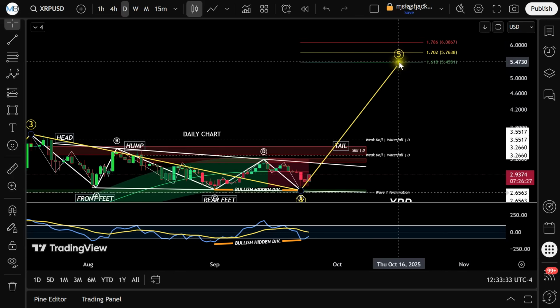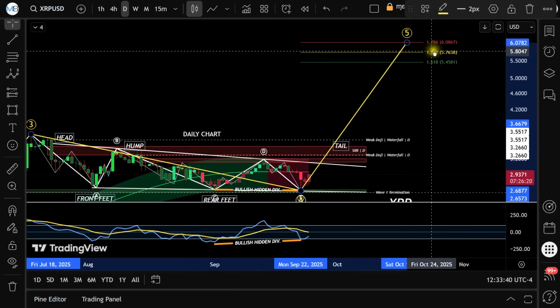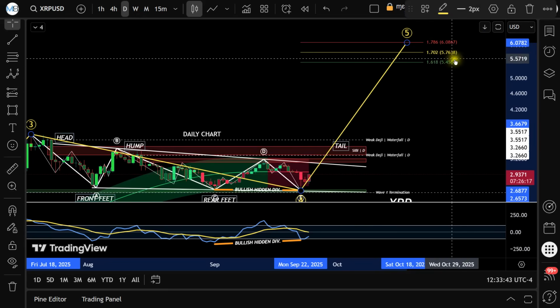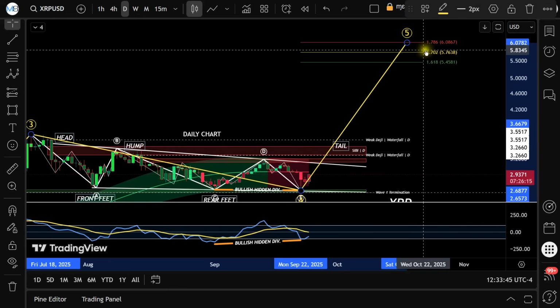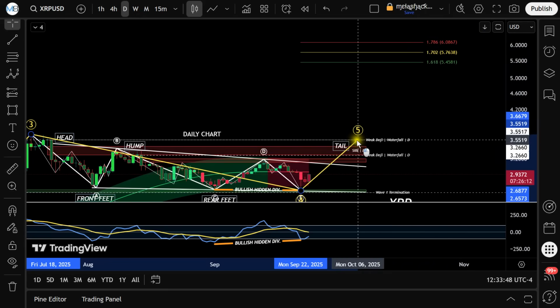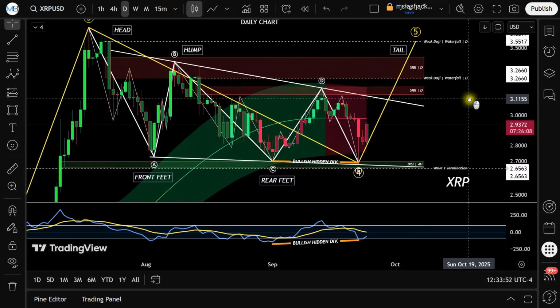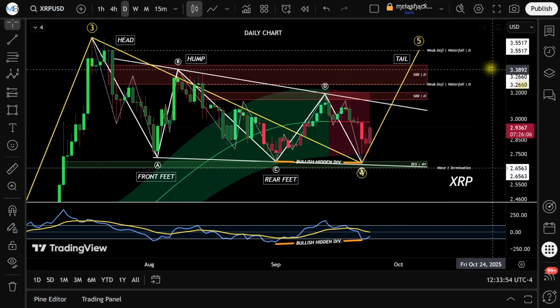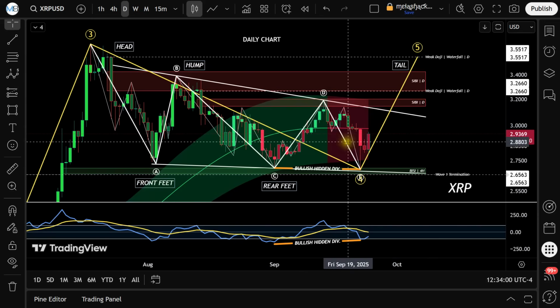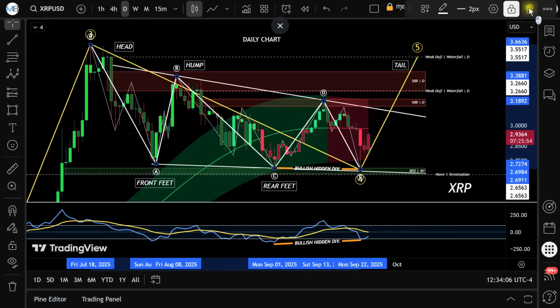But it could also come up here as high as the 1.786, which is resting at about $6.08. For the time being, I'm going to keep it down here near this weak doji. But there is also a second count on this chart that is valid as well, which, if we remove the ABCDE triangle,